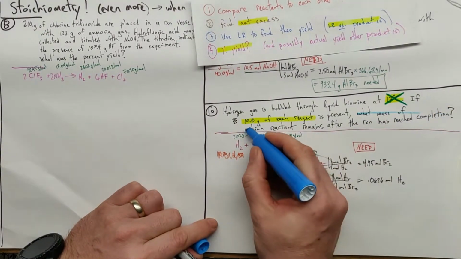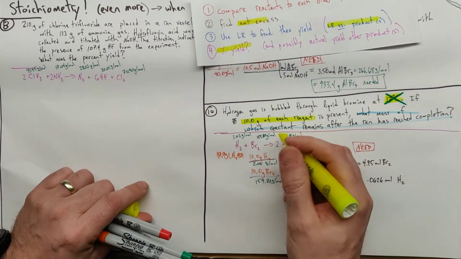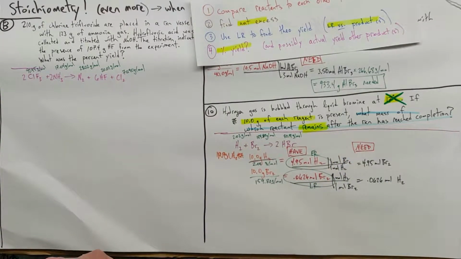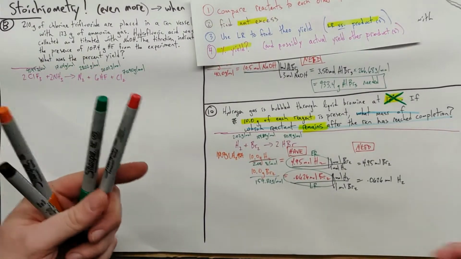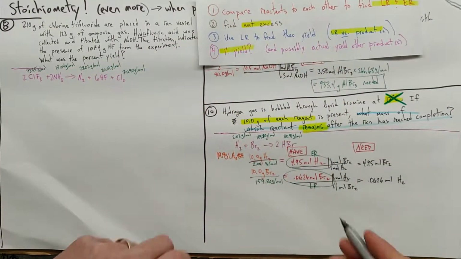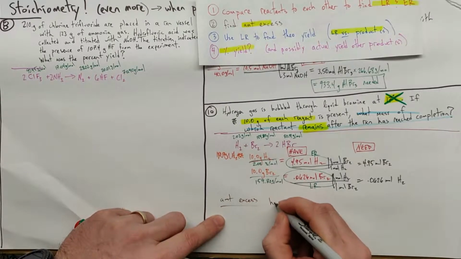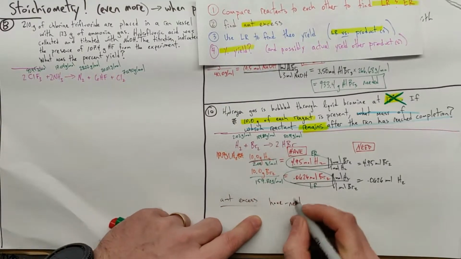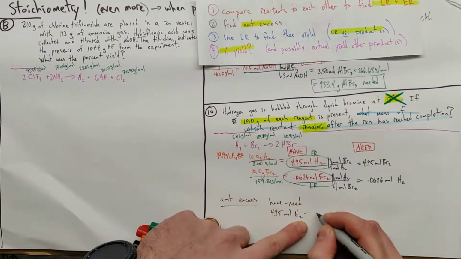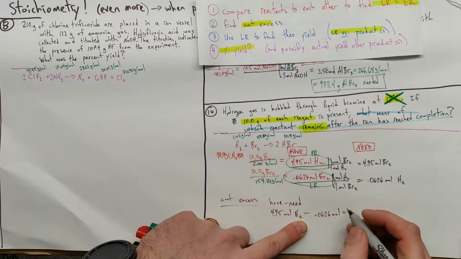What mass of which reactant remains after the reaction has reached completion? Key word here. Which reactant remains, right? Means it has not been used, so that has to be our excess. We want an amount excess. And the good news is we have that tool in our toolbox. We've been doing it every single time. To get our amount excess, we're going to take what we have minus what we need of the excess. And in this case, 4.95 moles of hydrogen minus our 0.0626 moles. And we end up with there 4.89